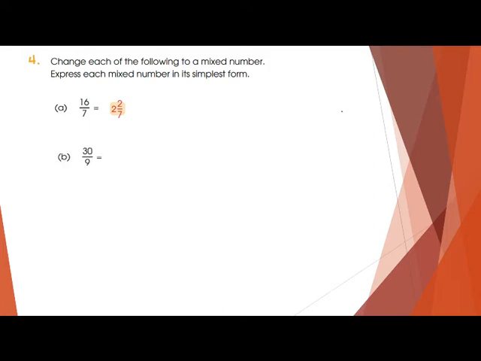Now we are doing the B part. In the B part, we have 30 and 9. Are they coming in the same table? Yes. In the table of 3, we can get 3 3s are 9. So I'm writing the 3 over here. And 3 tens are 30. 10 and 3, they are not coming in the same table.